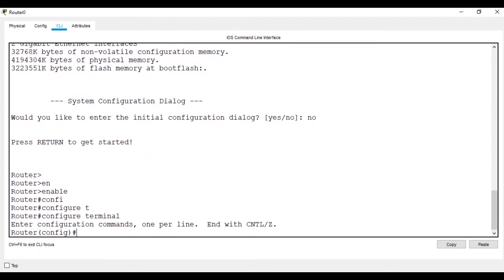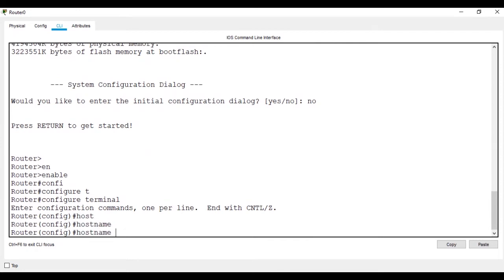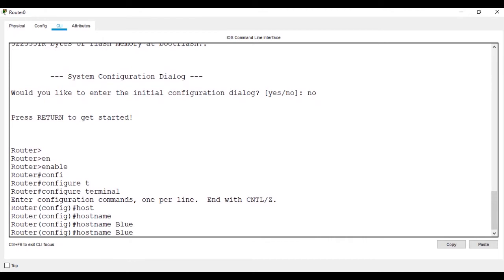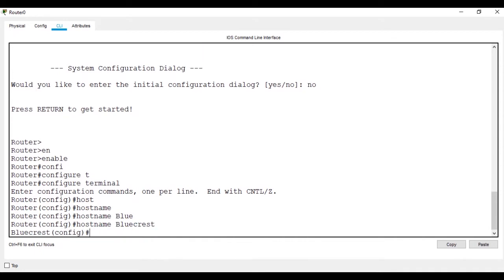First we'll put the host name, that is Bluecrest. We have configured the host name of the router as Bluecrest. We have changed the name.